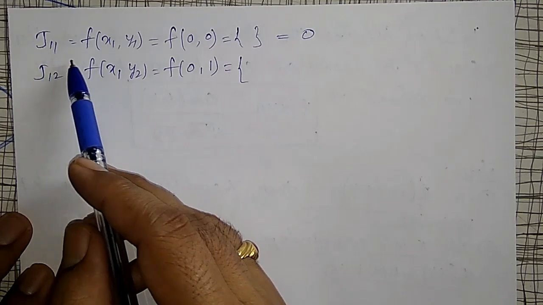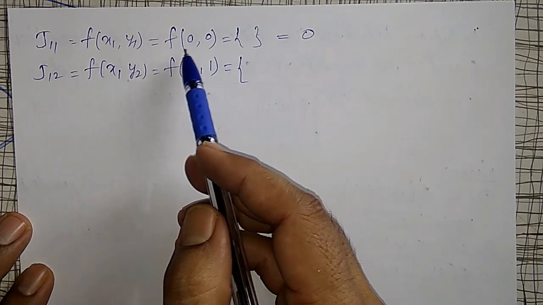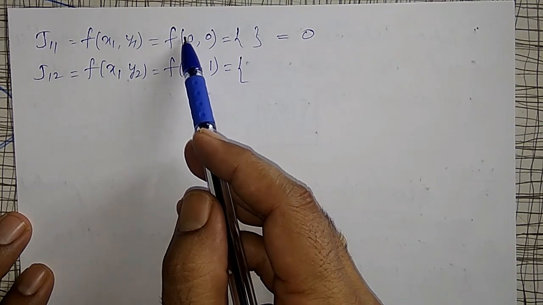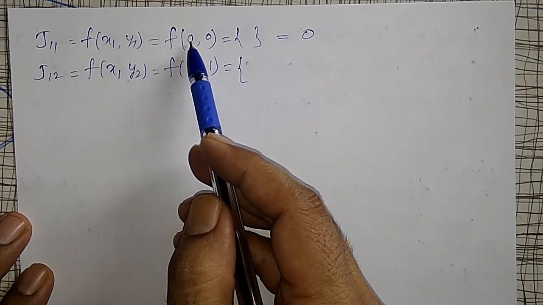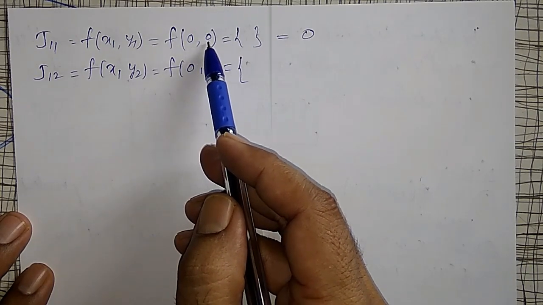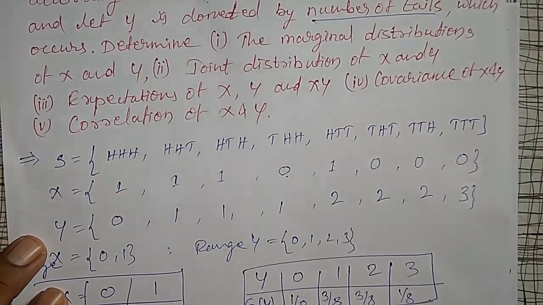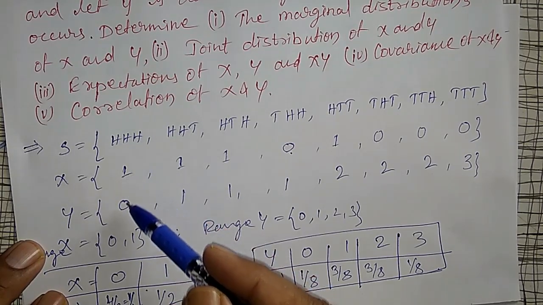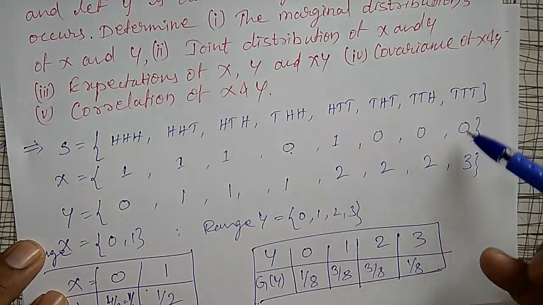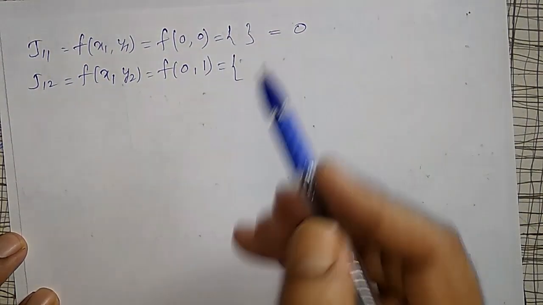Joint probability of 1 1 is nothing but f of x1 y1, that is f of 0 0. That means the first toss should be 0, 0 is indicating tail. The first toss must be tail, and there should be 0 tails. Such a possibility is not there. Here x should get 0 and y should get 0, both 0 0 containing no outcomes. Therefore, it is the empty set. Therefore, its joint probability of getting 0 0 is 0.